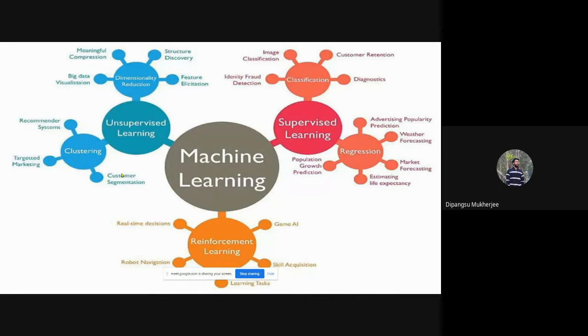This is called a reward, and punishment will be there. What will be the punishment? The punishment will mainly be the errors. That means if it crosses the red light, then it learns from that, and at the next red light it will not cross. This type of thing will be there for reinforcement learning. So there are three types of learning. We all know about them.